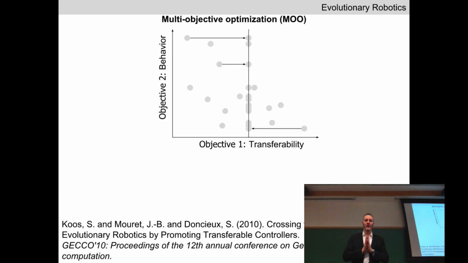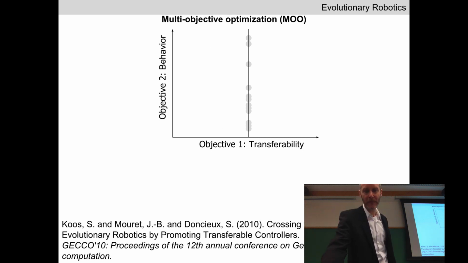So the solution is we're going to try and approximate it. How does that work? Let's take our front. Sorry about the quality here. Hopefully you can see all those dots there. We create our initial random population. We compute the behavior for all of these in simulation. So we know the height of all the points, but we haven't transferred these points to reality yet. So we don't actually know the horizontal position of these points. So let's put them all on a line. We actually don't know how transferable they are yet. We're going to take one of them and send it to reality and measure its actual transferability.